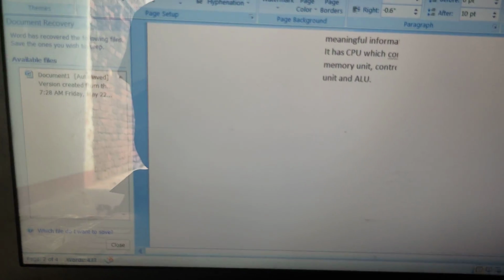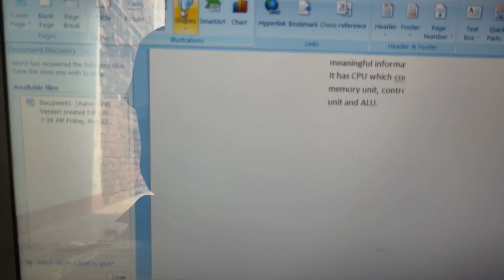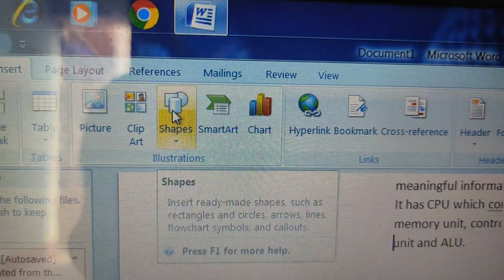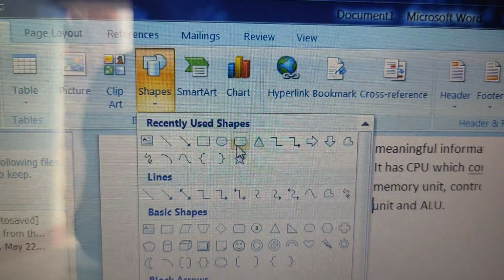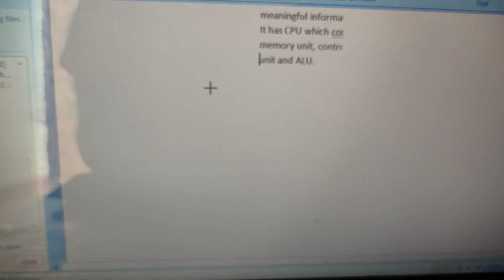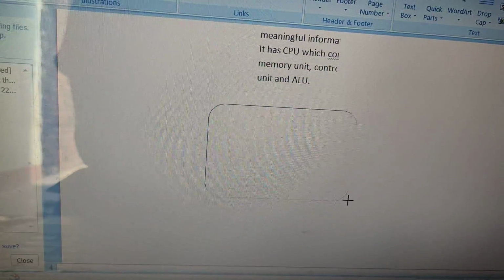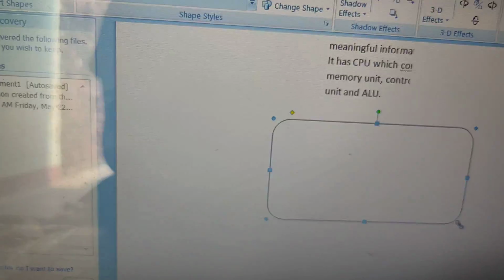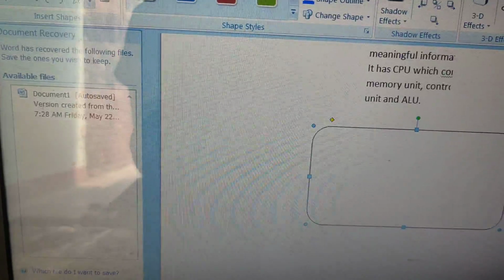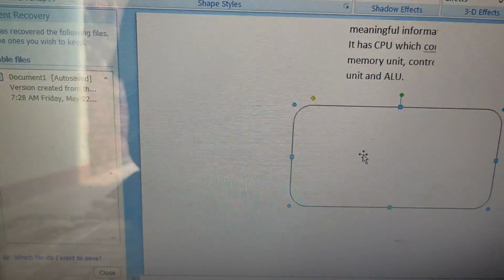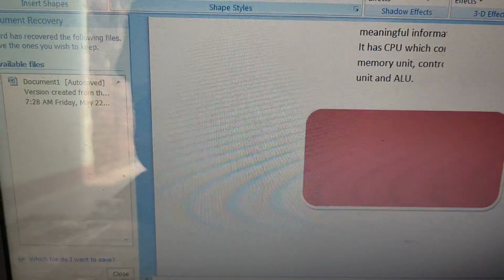Now working with shapes. Suppose I want to work with a shape. Just click on the insert tab, take the shapes option, and take any shape. I have taken one shape. You can also select a shape style.